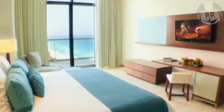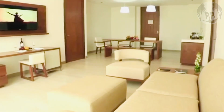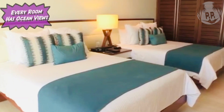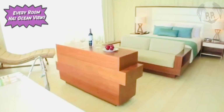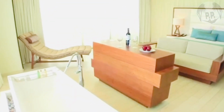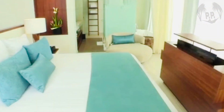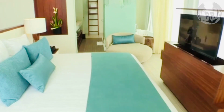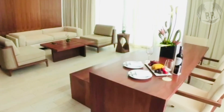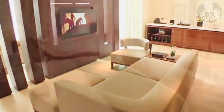The 497 rooms are also some of the nicest to any Secrets resort, with lots of space and nice big windows that open up to furnished balconies, so every room gets either partial or full ocean views. And the rooms are all a very nice size too. Entry level begins at 475 square feet for the deluxe ocean view room, and if you upgrade to a preferred club level room, some of the upgrades at this location include personalized check-in and out, an upgraded minibar, pillow menus,